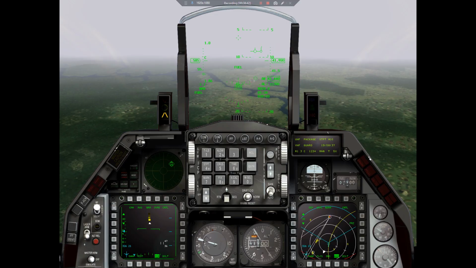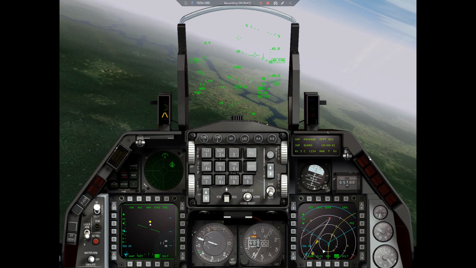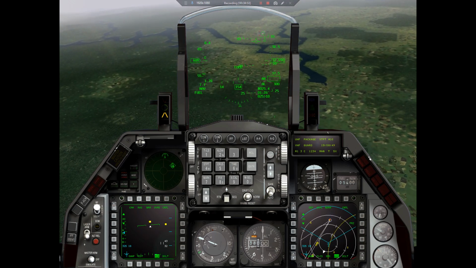Lights on, master arm off, and I'm going for landing. Cowboy 1-1, inbound for landing. Okay, this should be the proper heading. The runway should be like...